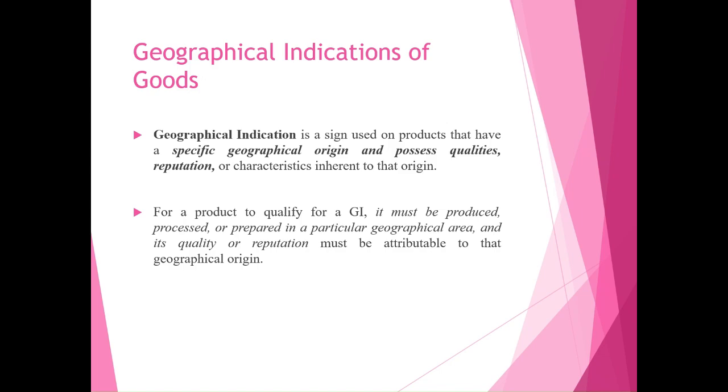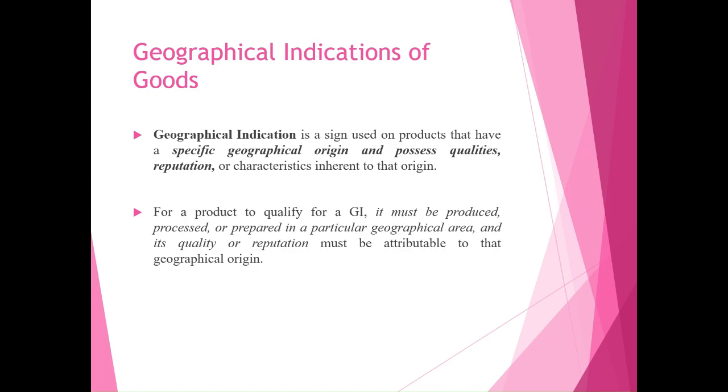So basically, in short, geographical indication is a sign that is used on a product that has a specific geographical origin and has certain qualities or reputation which belong to a particular place. For example, Pashmina shawl from Kashmir, or Darjeeling tea from Assam. So we need a specific quality of the soil, climate condition, and unique practice of the people, unique traditional method of the people in that region that create a product, and that is why it is unique. It simply cannot be replicated anywhere else, right?